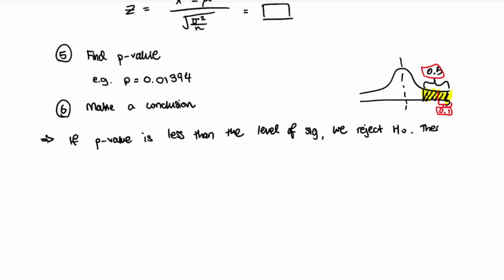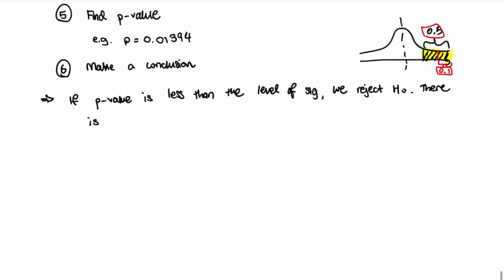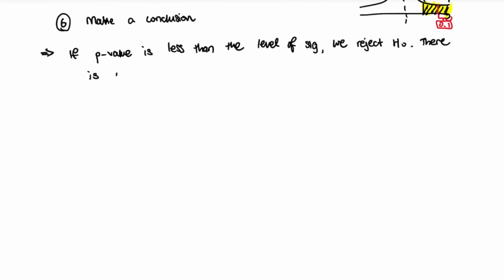So we reject H naught and we conclude that there is sufficient evidence at whatever the percentage level of significance is. In this case it is 1%, or if you're looking at the diagram it will be 5%, so it depends on whatever the question is asking, to conclude